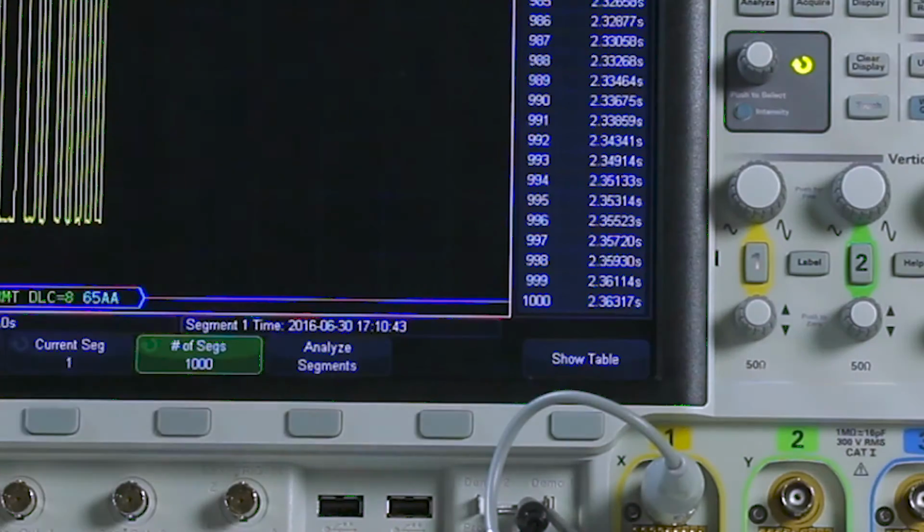And you can see that I've actually captured over 2 seconds of data, 1,000 different packets of information. You're not going to be able to do that on any scope with traditional memory. Segmented memory is great for protocol decoding. You can even set up to trigger on errors and capture 1,000 different errors over time.